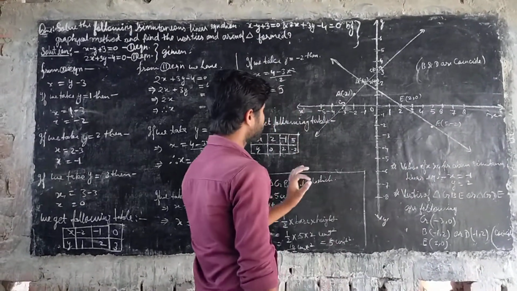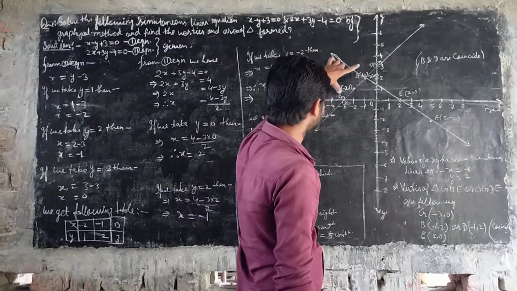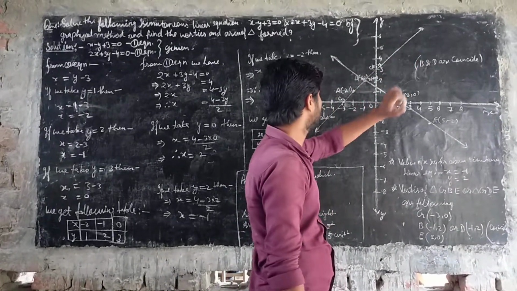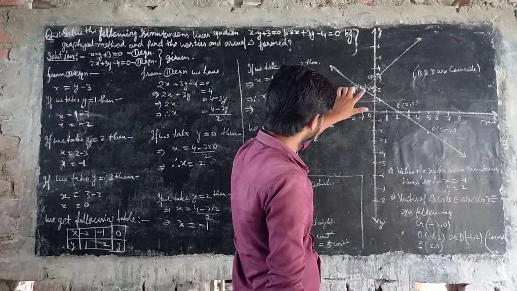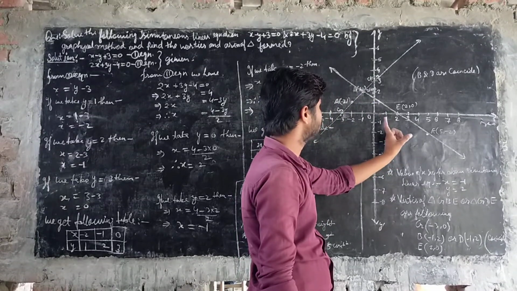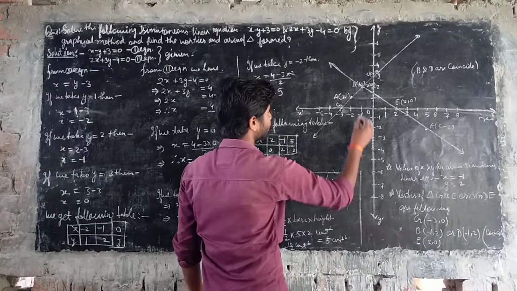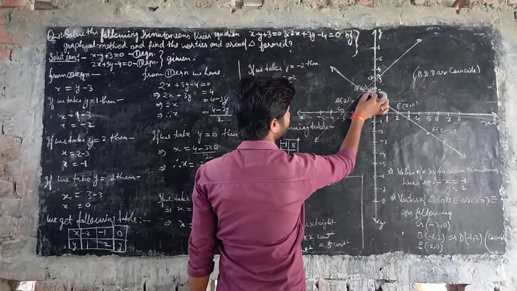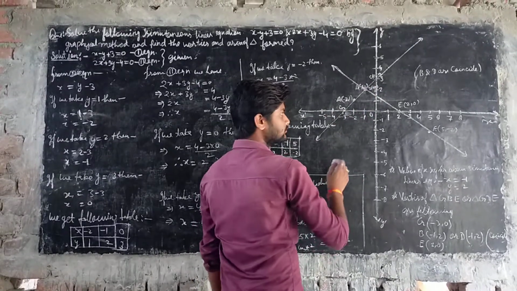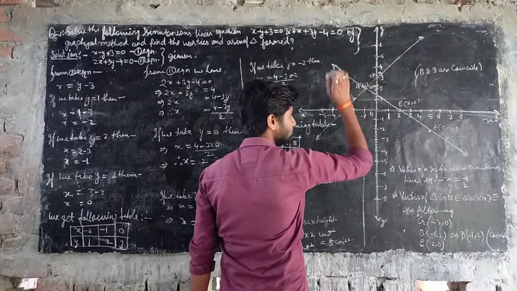Here points A, B and C are the 3 coordinate points of the first line, for the first equation, and points D, E and F are the 3 points of the second line, of the second equation. Note here that point B and point D coincide with each other, both having the common coordinate point.